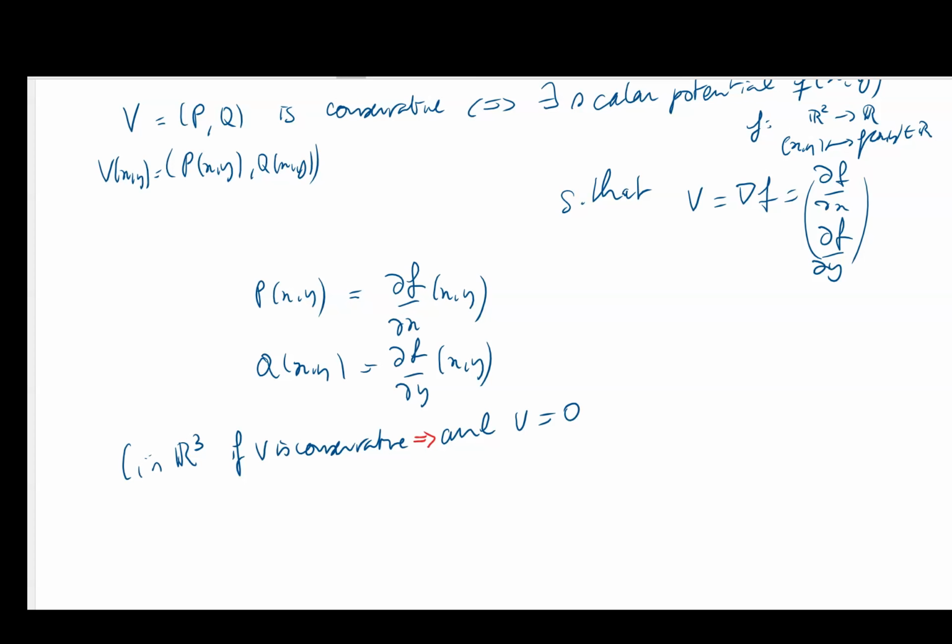I told you not to use the reverse implication, because we didn't know whether it was true or not at that point. And actually we still don't know, but what we're going to see is that in some cases, and we're going to work on the two-dimensional case when you are in R2, we can have the reverse implication, but we still have to check some topological property. So what would be the equivalent of that? The equivalent of that would be if V is conservative,